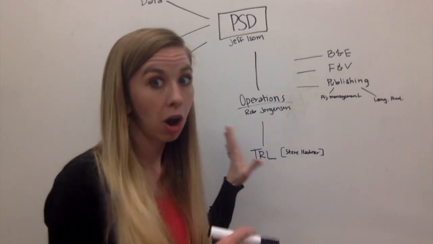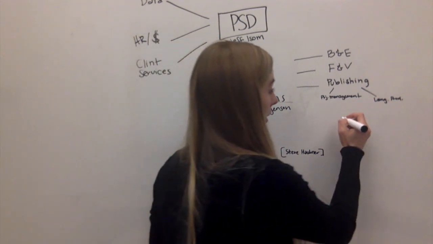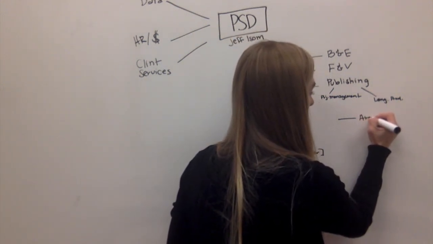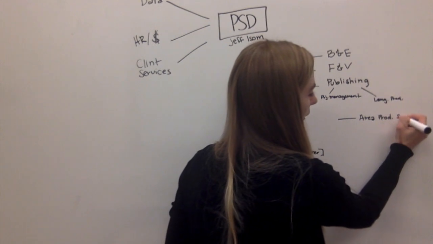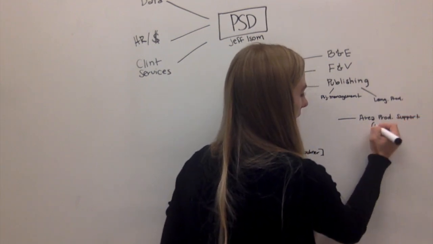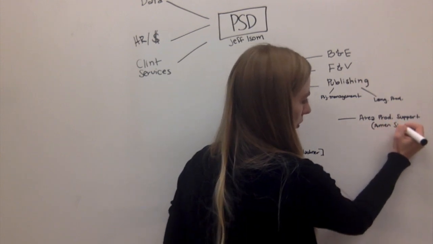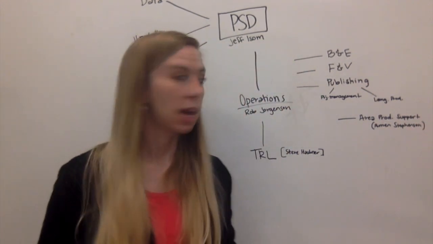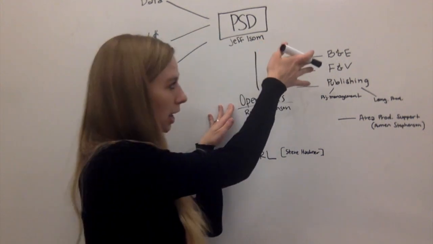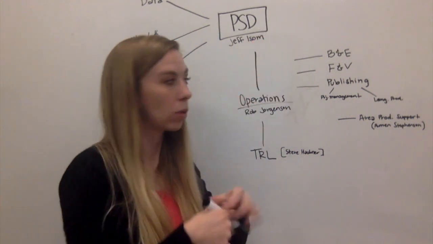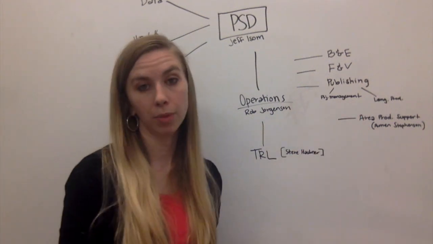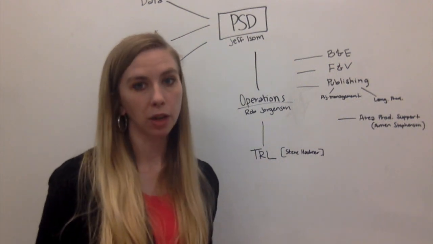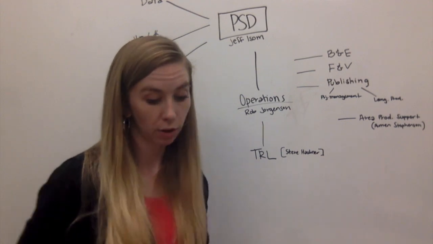So 4 major operations teams, but in addition to that, we have right over here, what is his title? Area Production Support. I don't know how many of you have heard of Eamon Stevenson. I'll put his name here. He is in a new role as well, and this role is primarily to support the PSMs, and as Rob Jorgensen helps to facilitate these 4 entities here at headquarters, Eamon Stevenson is seen as the international arm that can reach out and support these 4 entities in the international space. So again, primarily counseling with the PSMs to ensure that they have adequate support in each of those different areas